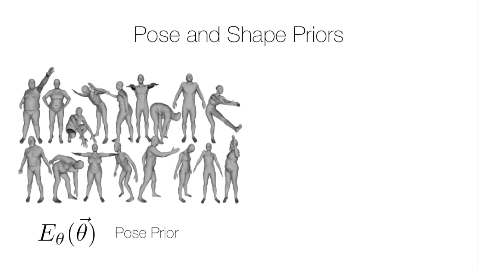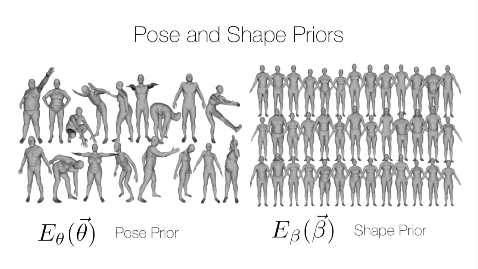So, we learn a multimodal pose prior from nearly 1 million poses in the CMU mocap dataset. We also encode a prior on joint angle limits. For the shape prior, we use SMPL's PCA space, which is obtained from thousands of scans. This captures the statistics of human body shapes very well, and is much richer than a prior on 3D skeletons.